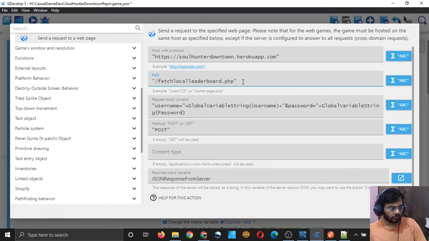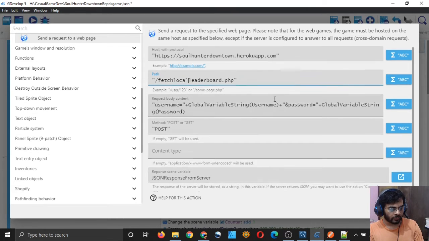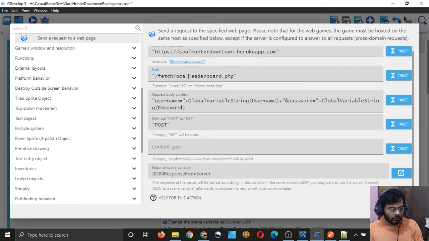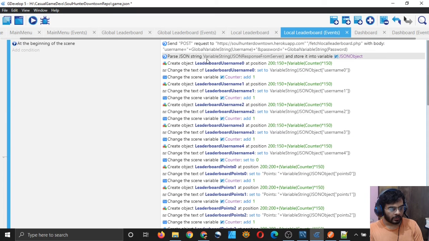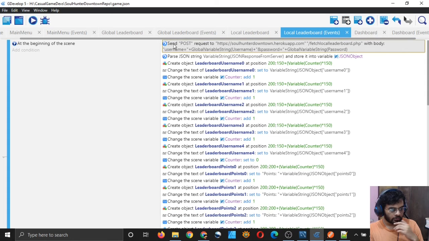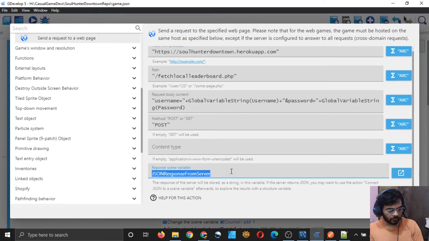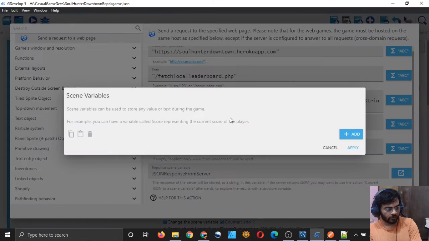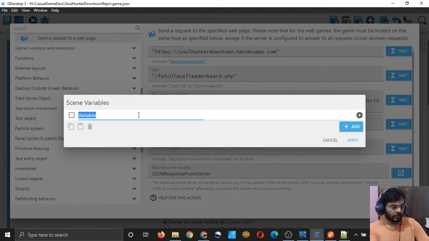Fetch local leaderboard.php. The same things are needed to fetch it, right? And then we will parse it, but we need the two scene variables, and I don't think we have any, so let me make them.